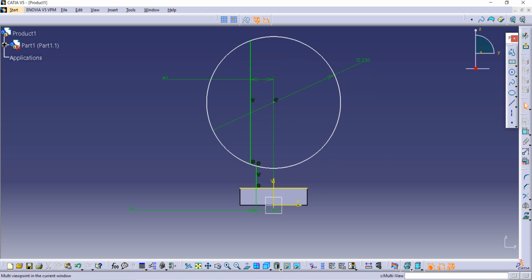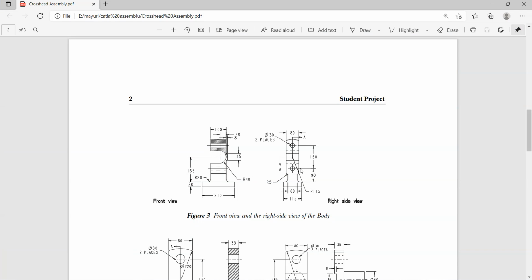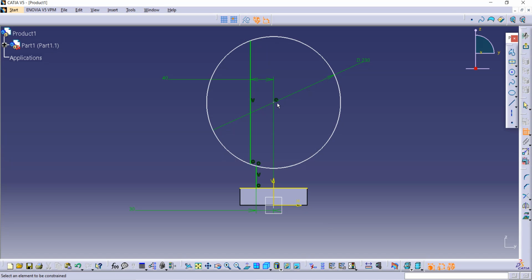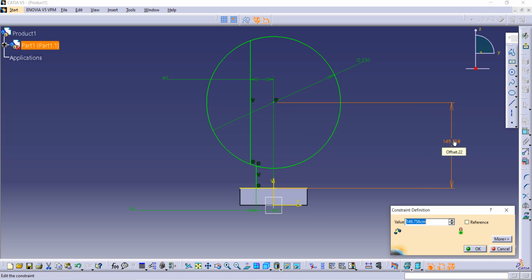So let's open figure. You can see this distance is 90, and up to this it is 150 divided by 2, that is 75 plus 90 distance is given to us. So this to this distance is given as 75 plus 90.